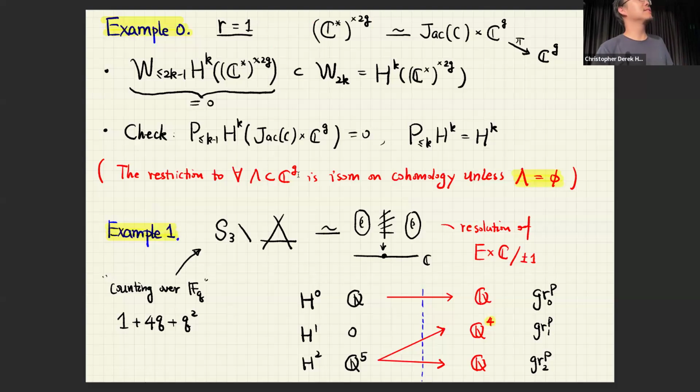No, complex. Here, everything I'm writing down is complex. Yeah, there might be a typo in copying the index, but the rough idea is that you look at when the classes vanish after restricting over a general linear space, and when it vanishes, it tells you which piece of the perverse filtration it lies in. Affine, yes.